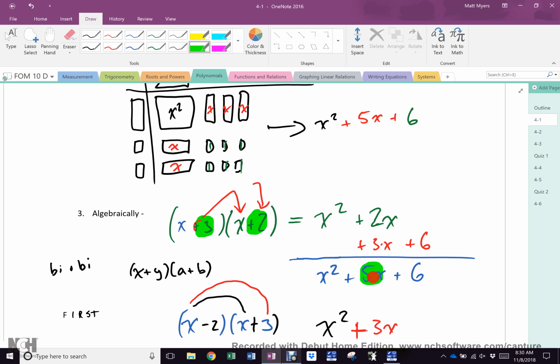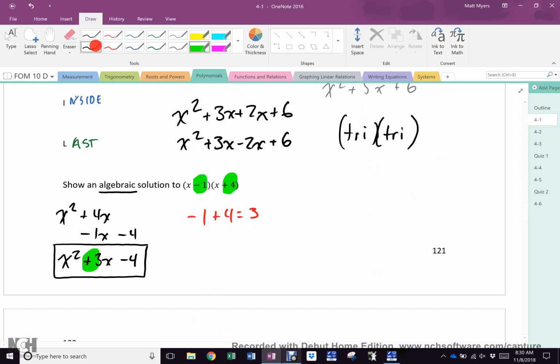It has now happened twice in math. How often will it happen? Always. So, when you are faced with x plus a times x plus b,